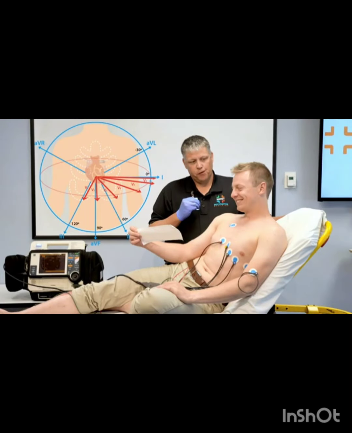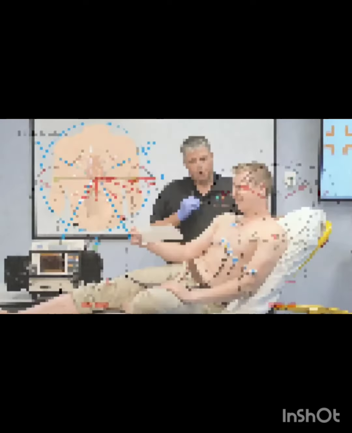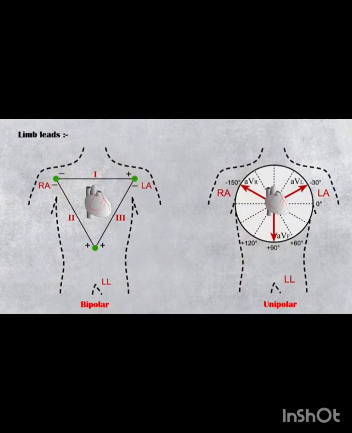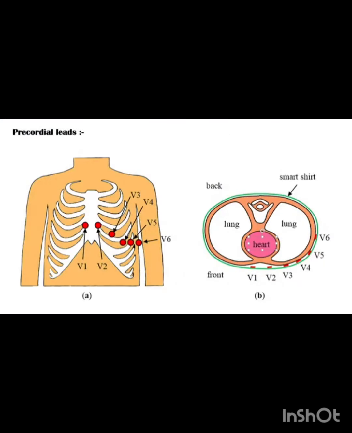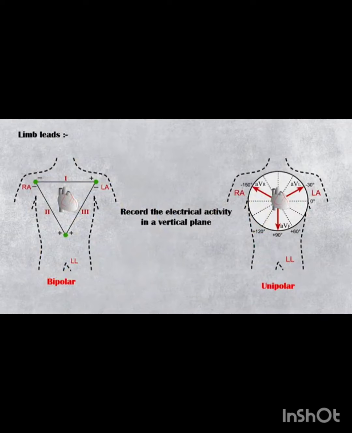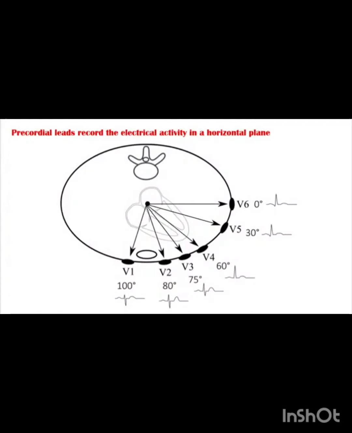The conventional ECG machine consists of 12 leads, 6 limb leads and 6 precordial leads. There are 2 types of limb leads, bipolar leads 1, 2, and 3, and augmented unipolar leads, AVL, AVF, and AVR. The precordial leads include V1 to V6. The limb leads record the electrical activity in a vertical plane, and the precordial leads record the heart's electrical activity